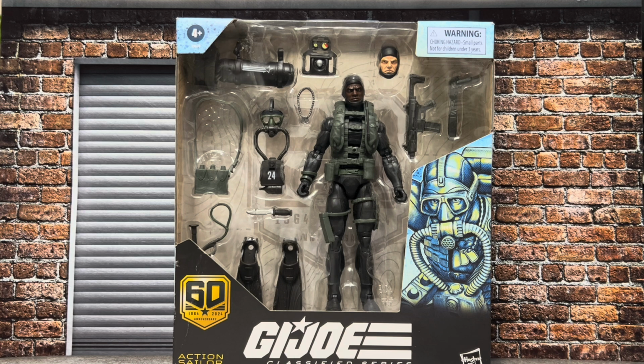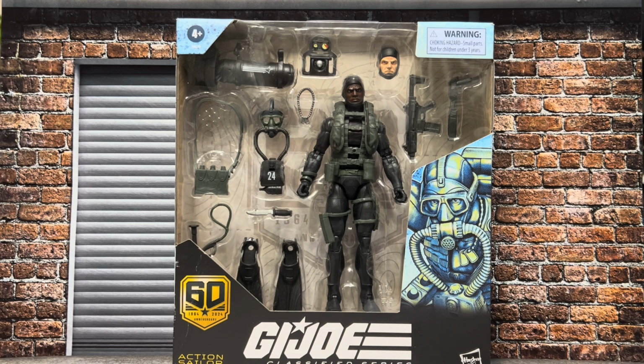So of course we're going to do as we always do, look at the packaging, get the figure out, check out the accessories, so on and so forth. Get you out of here with some final thoughts. So starting with the packaging,